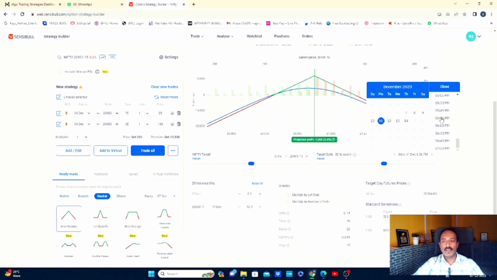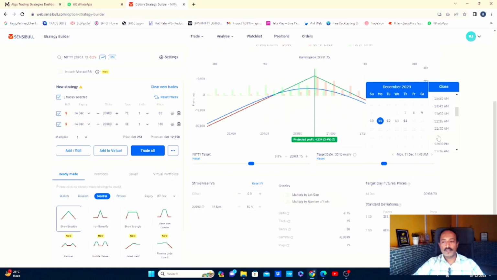If the market is at 20,900 at 10:30, you'll still have this 4,200 in place, provided the VIX is the same. If the VIX increases, you may get a higher premium. But still, if you see it on Monday at